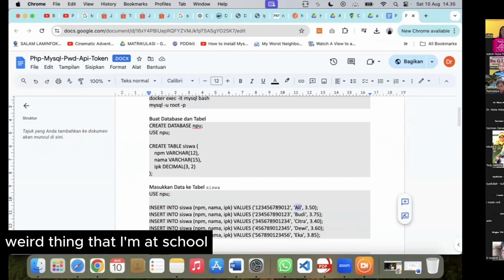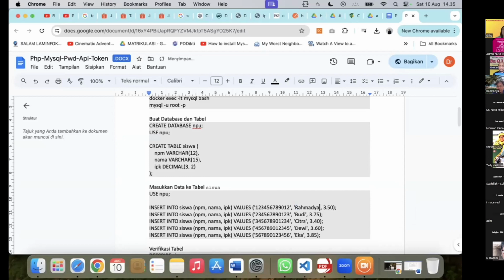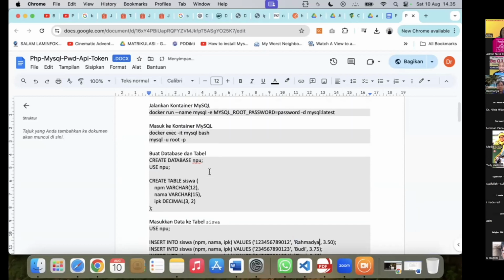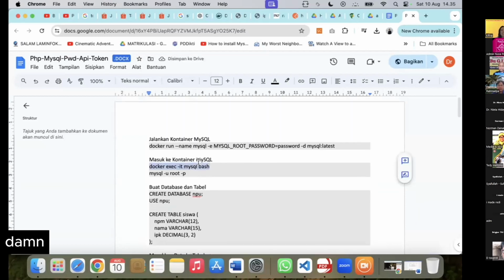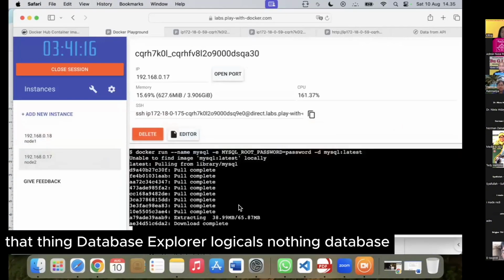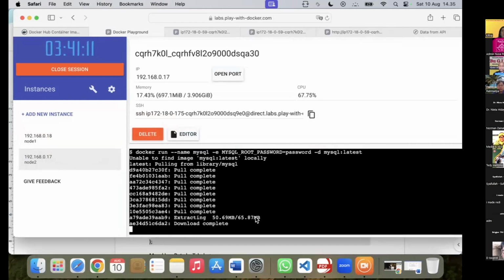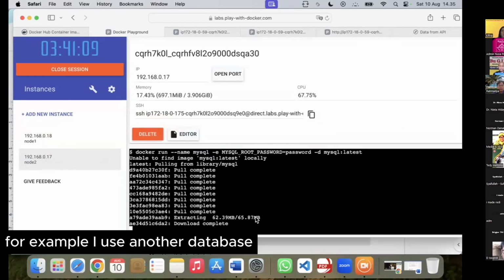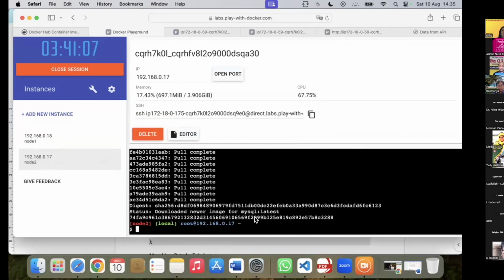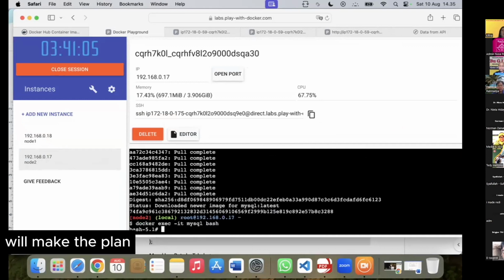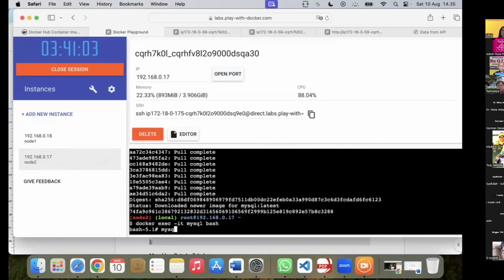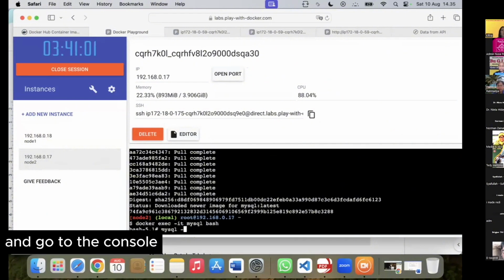Creating the MySQL, then creating a database. Sorry, a login first, then creating the database. For example, I use another data example to make it different, and go to the console.